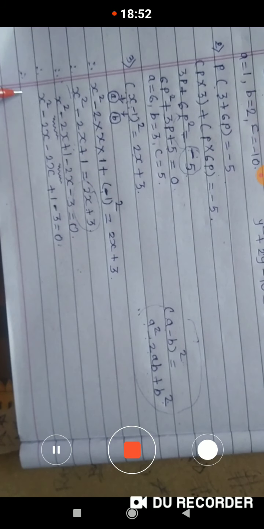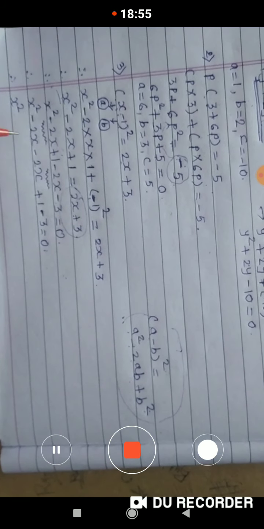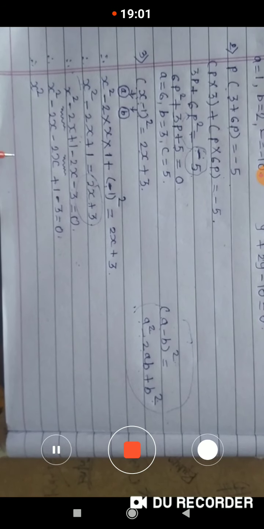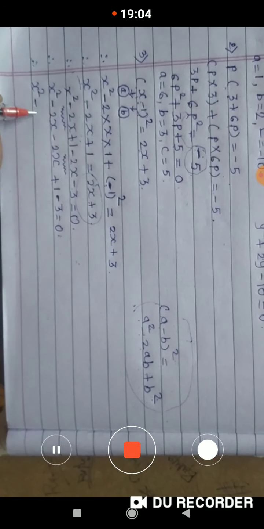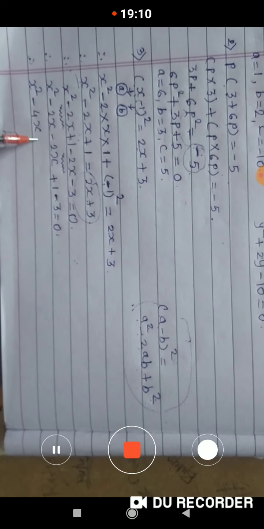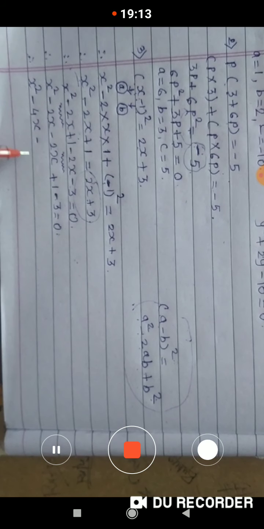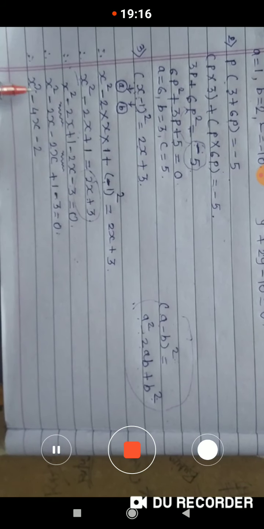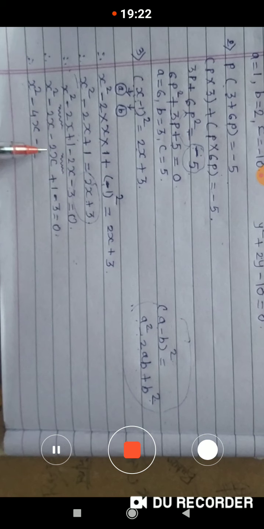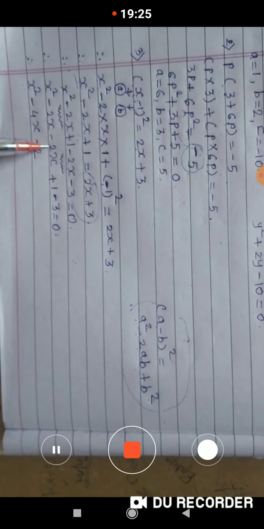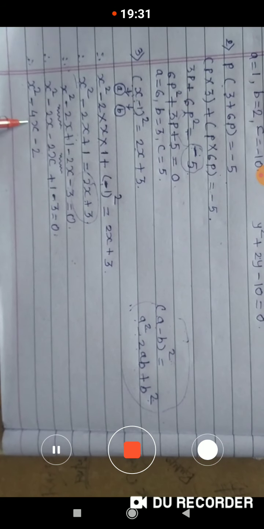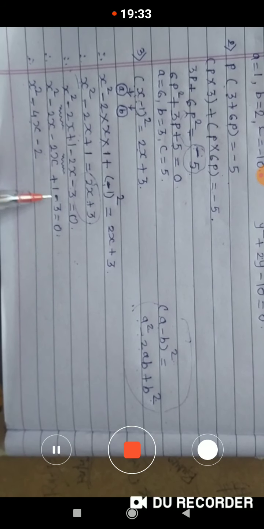Okay, therefore we can write here x square. Now see, minus 2x minus 2x, minus minus becomes plus, but the sign is minus. That means here we can write minus 4x. Okay. Now see, plus minus becomes minus. 3 minus 1 is equal to 2. Okay. See, I can tell again: x square, minus 2x minus 2x, that means addition is done here, but the sign is minus. Minus 2x minus 2x becomes minus 4x. And plus 1 minus 3.